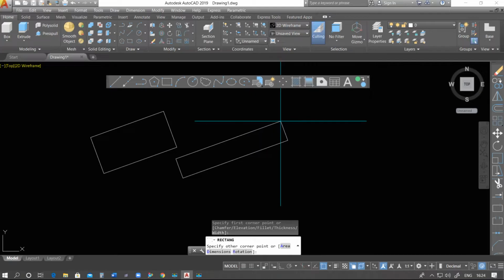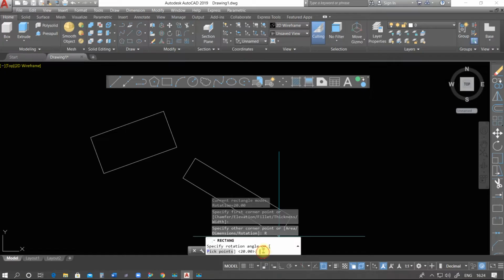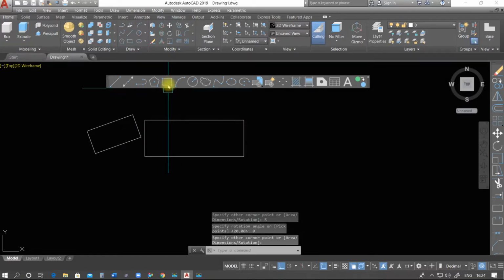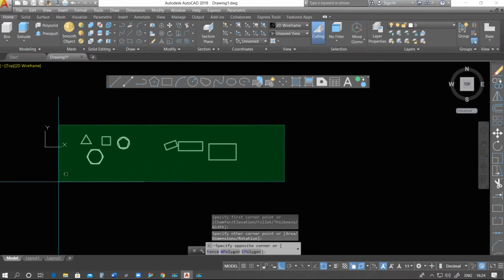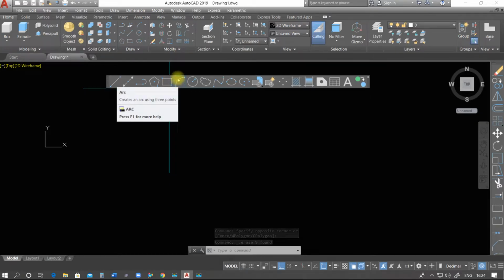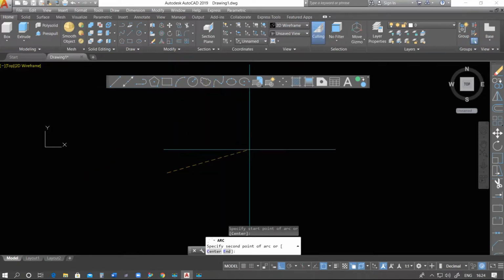If you want to remove this angle, again right click, rotation, and put 0 degrees here. Yes, now we are able to draw a rectangle in a proper way. So this is the use of rectangle. Next option is fillet. If you use it from the toolbar, we have only one option, that is 3 point: first point, second point, third point.